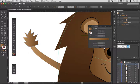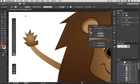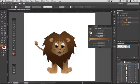I might just change it to radial, tap X to go to the fill. There we are. One final thing I'm going to do there is just click on that and just give that a bit of a rounding. There we are. Excellent. And there we are. That's our lion completed. If I just hide the guides from here